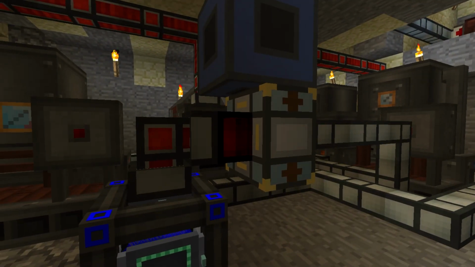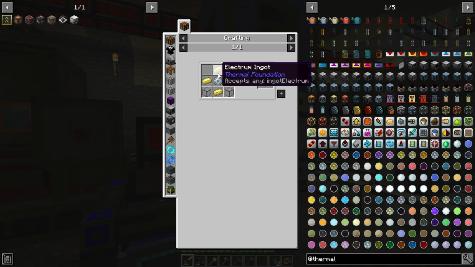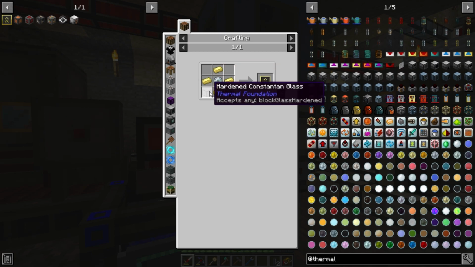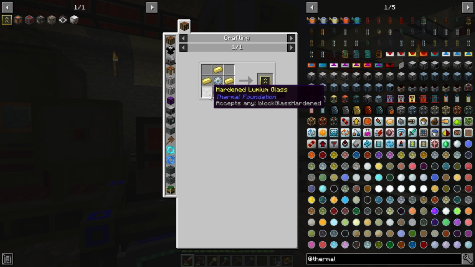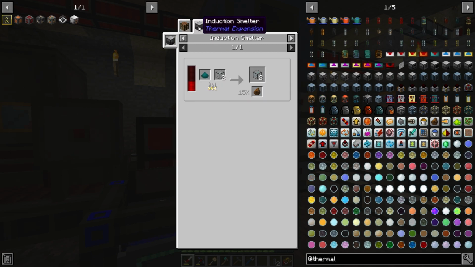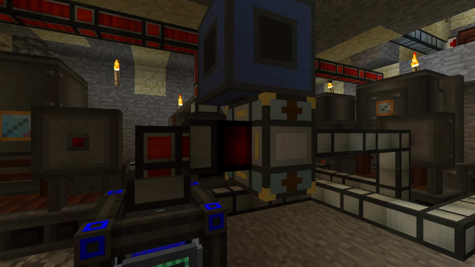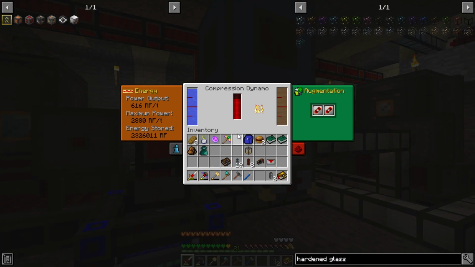It's significant because the compression dynamo has been upgraded to the reinforced status, which requires electrum and silver, which isn't hard to do, but also hardened glass, which I can't currently make, because this requires an induction smelter, which we should probably hurry up and try to make, because it's not hard to make them, but I just can't do it yet. Thankfully, I already had some hard glass from a loot box a while back, so we were able to make this, and this matters because we were outputting